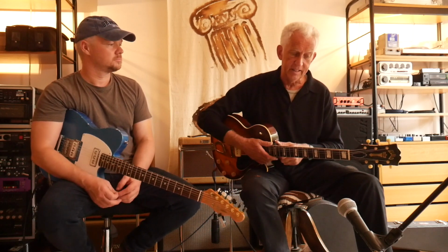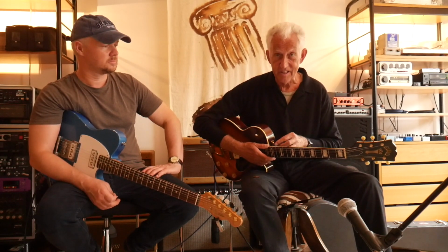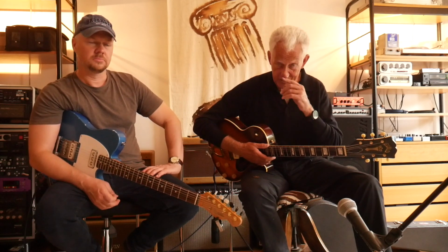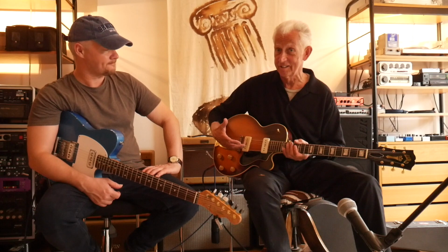It's a bit of a mess. I think it might have had a neck break. I think it might have had a headstock break. I'm not quite sure because it's got some overspray. It's certainly got some stuff in the finish around the neck heel that I'm not very happy about. It could be that it's assembled from a pair of France pickups. They're both kosher, they're just not necessarily...